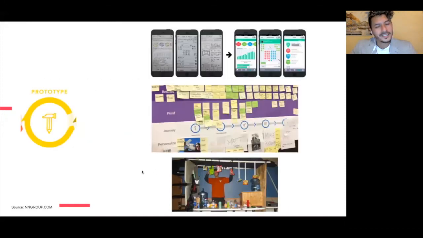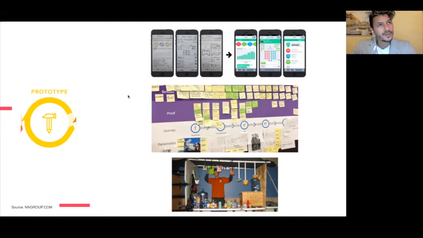So something as simple as a paper prototype, right? So I remember once we were building a digital watch. So literally, we just took some paper and some bracelets, and we built a digital watch. And then we just used small pieces of paper. We were designing the different kinds of user interface, and that was the thing that different users were testing for a product that we were building. Okay, so it could be something as simple as a paper prototype. Okay, or you can prototype an experience, an interaction, a service.